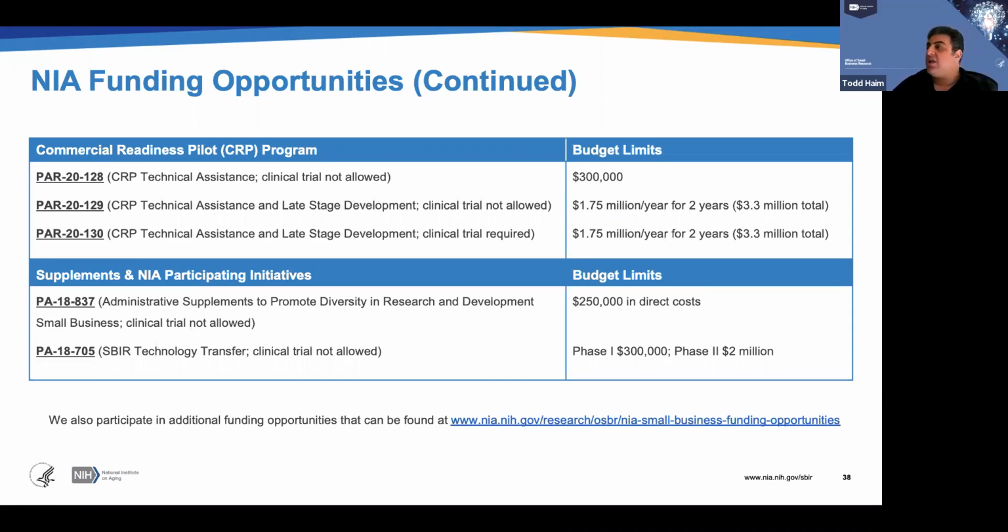And then should the project go well and you decide that you would like to fully license the technology, then you would negotiate a full commercial license. But you would at least first be able to get funding, work, and develop it to see if it's something that your company would be interested in really fully developing. So it's a great opportunity. And if you go to that solicitation, there are links to the tech transfer offices and which types of technologies are available for licensing.